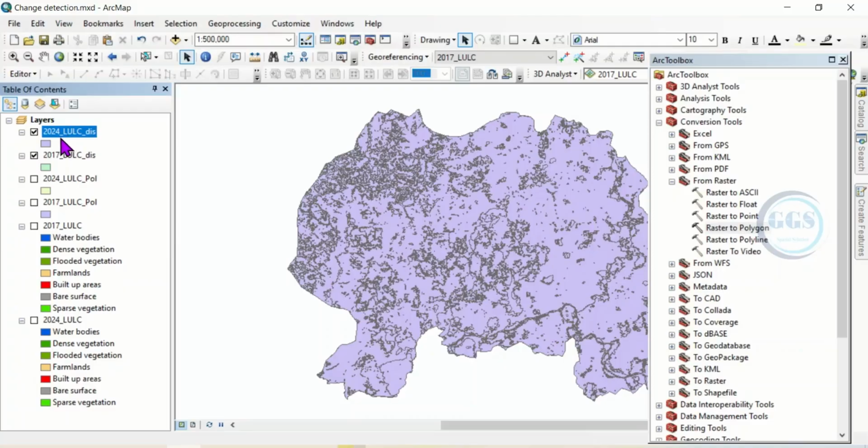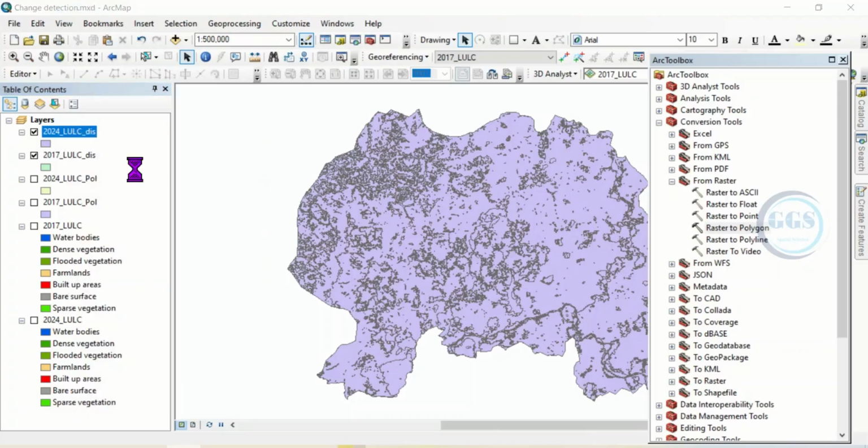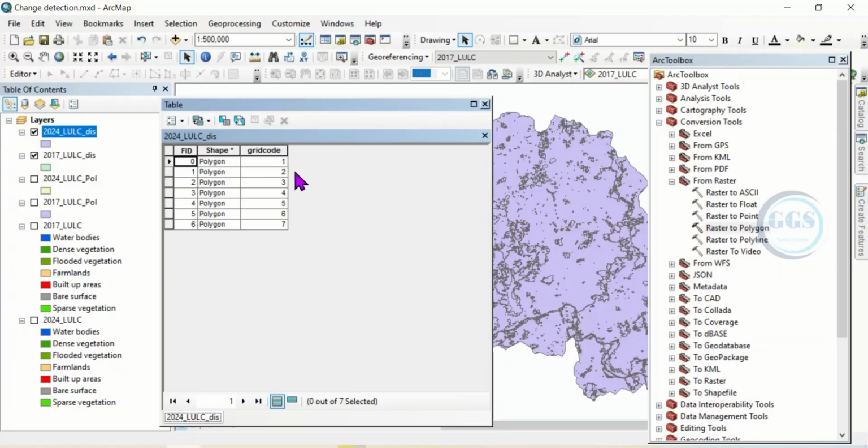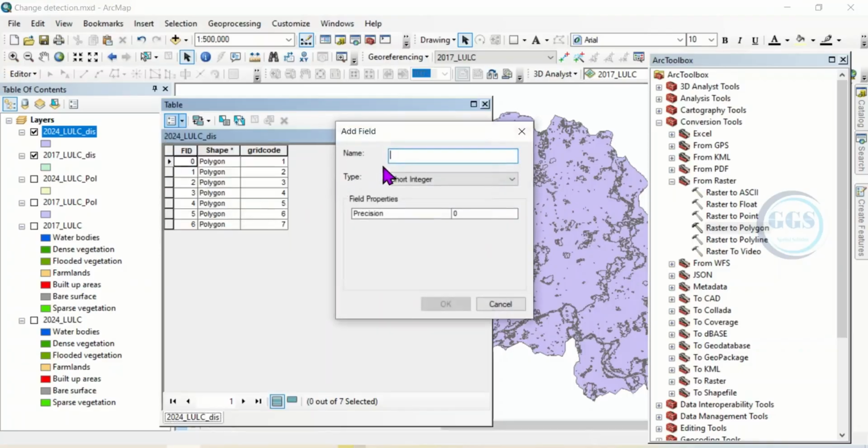So after you have done this, the next action is to open the attributes table. Right click and click on open attributes table. For this 2024, we are going to add another field for the land use land cover classes and also add another field to calculate the area coverage. To do that, click on table options and click on add field. So this field, the first one we are dealing with, we are going to call 2024 land use land cover. So just call this 2024